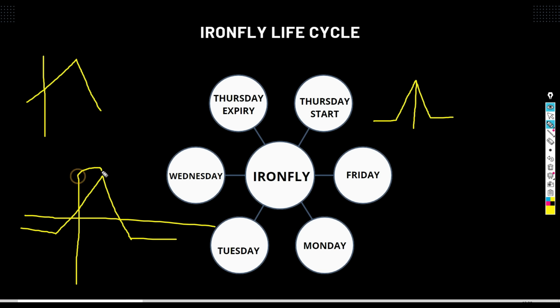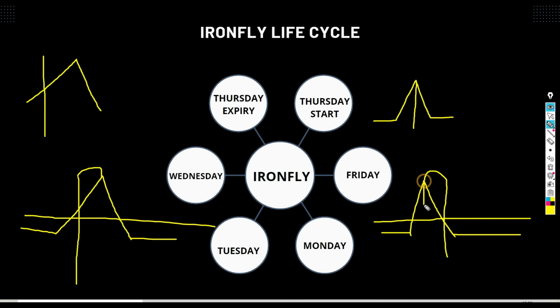Even if the market comes here, I'll be at zero loss, and I wanted the market to come here because I have more safety. My Ironfly can be like this also, right? Rather than having my Ironfly here, what I'll do is add this as my Ironfly, because I'm bearish about the market. Even if the market comes here, I'll not be in loss because I'll be able to trap the market somewhere here,